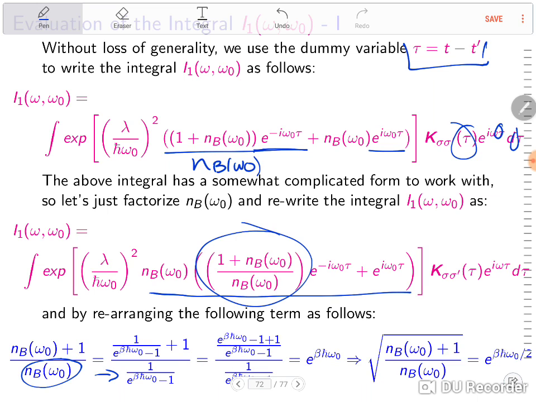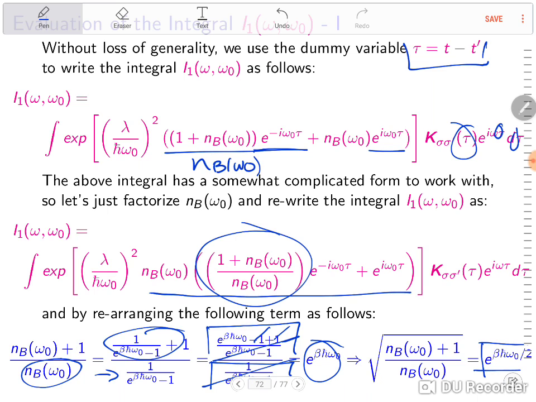It's easy to elaborate a little bit. So then here we just add these two terms to give this. We just keep this here, and then we just see that these two terms cancel each other, and then this term cancels this term, and then we end up with e to the beta h bar omega 0, which leaves us with saying that the square root of that is nothing but this thing here, which if you cannot see it because of the lines, so it's e to the beta h bar omega 0 divided by 2. Okay, that's what we have. So then actually square root of that,